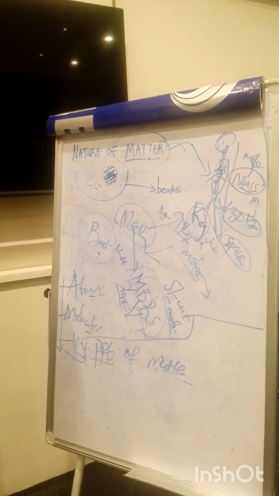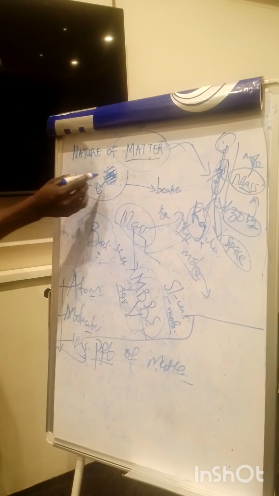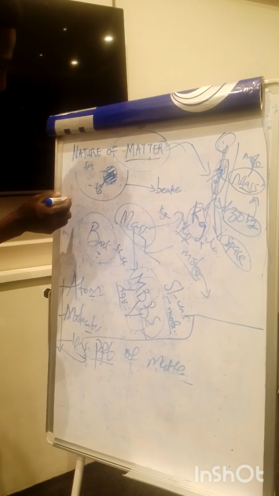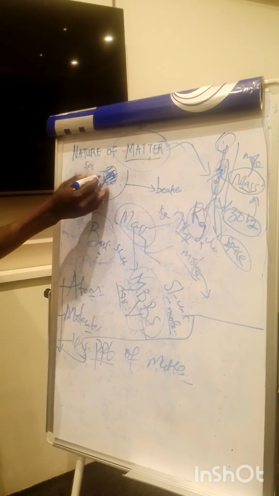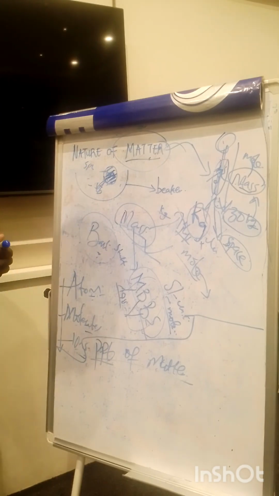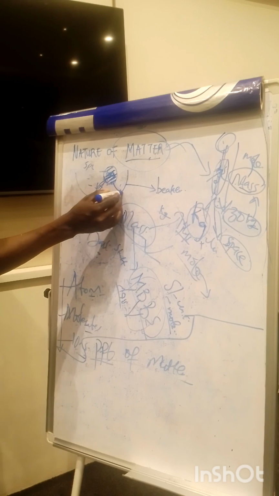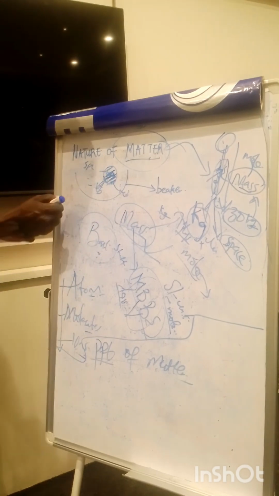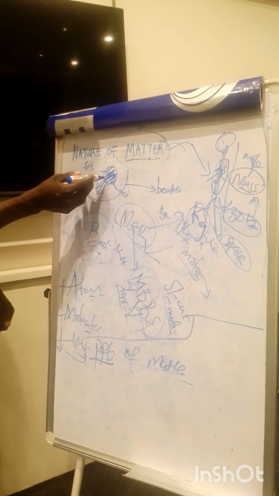Like, what can you see in this ball? What physical thing can you see? What can you say about this ball? The ball is spherical. The ball is heavy. The ball is colored red and black. So all these things that you can say about this ball are the properties of this ball.